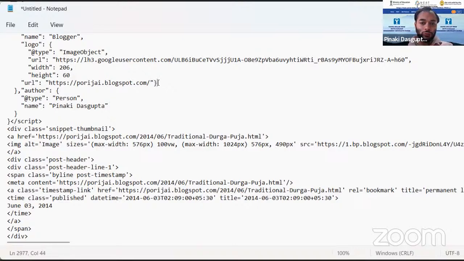So in this way, I can resolve the missing issue. There is one URL missing. So I have just copied the code here and put the URL in this place. Now I have to implement this in the website so that the URL will get resolved. This is basically a very complex procedure.